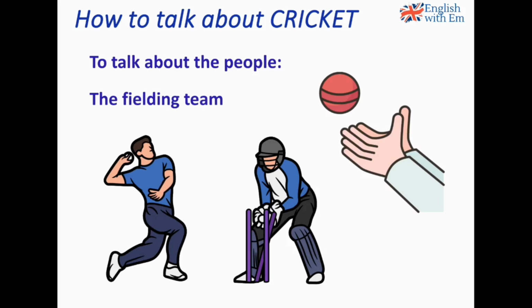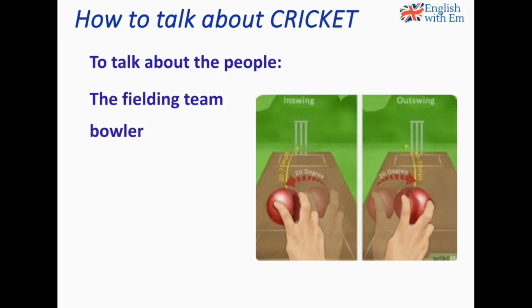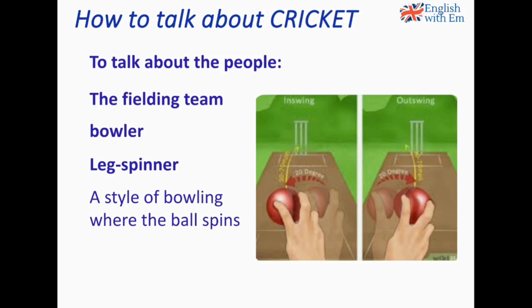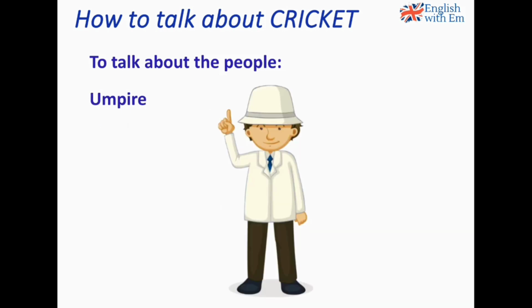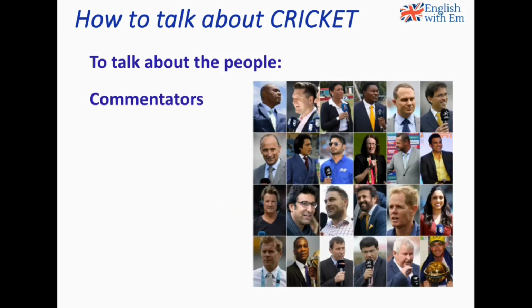Now the fielding team, we've got the bowler, the wicket keeper, and the fielder or fielders. One type of bowler that is quite important is a leg spinner, and you can see from the picture that a leg spinner, this is a style of bowling where the ball spins. These guys are very good at taking wickets. Then we have the umpire, so the decision maker, the commentators,